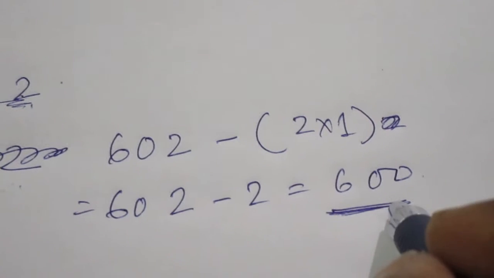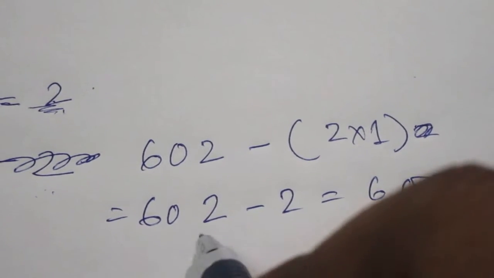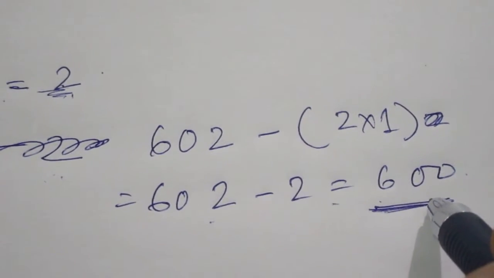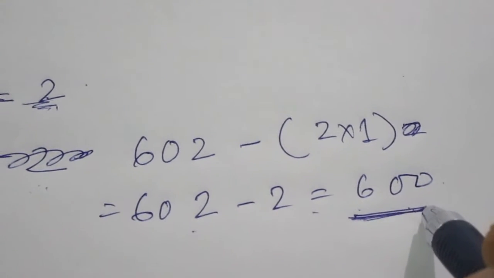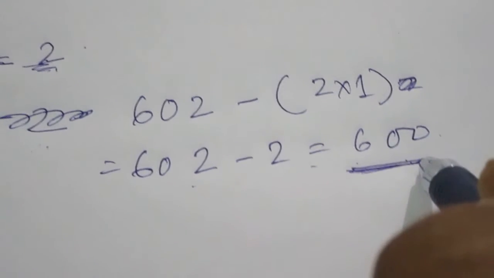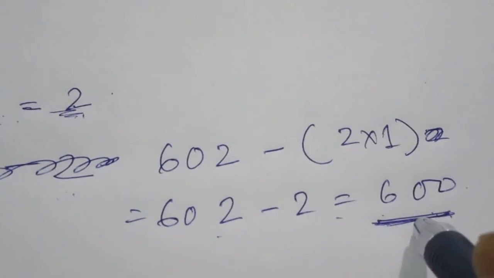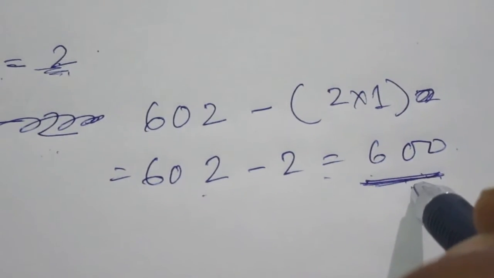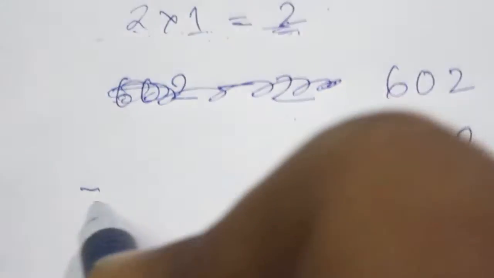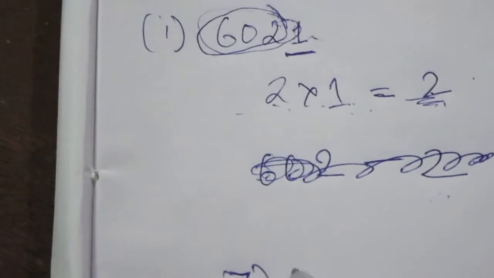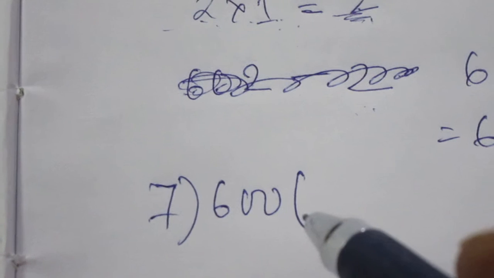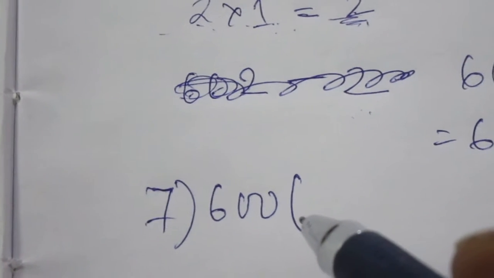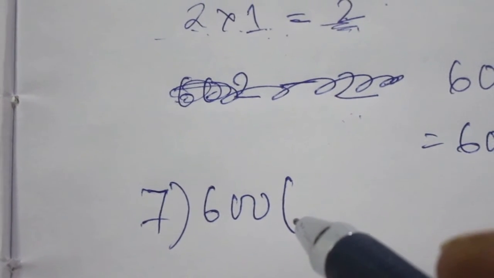So the first condition given is that the difference should be either 0 or a multiple of 7. It is not 0, so it has not met the first condition. And the second condition is that it has to be a multiple of 7. So we have to check whether it is a multiple of 7 or not. We can check it here: 600 divided by 7. 7 1 is 7, 7 2 is 14, 7 3 is 21, 7 4 is 28, 7 5 is 35, 7 6 is 42, 7 7 is 49, 7 8 is 56.